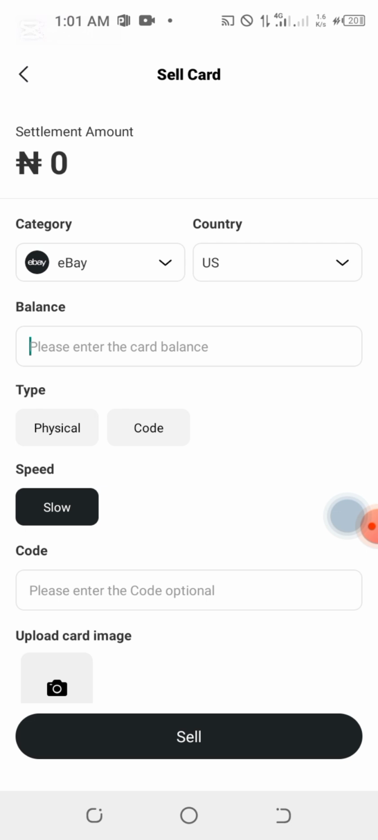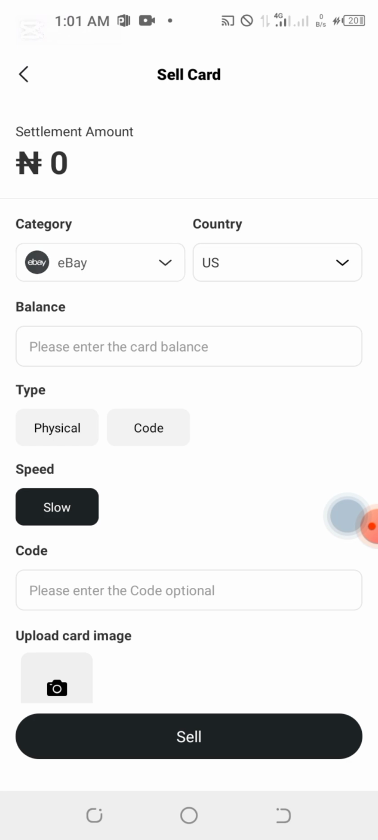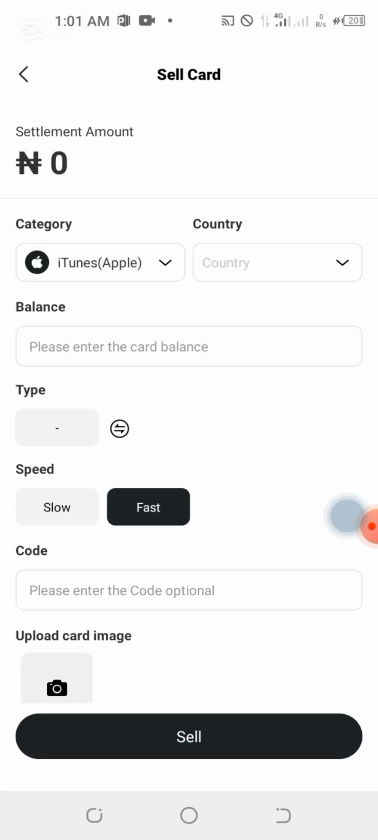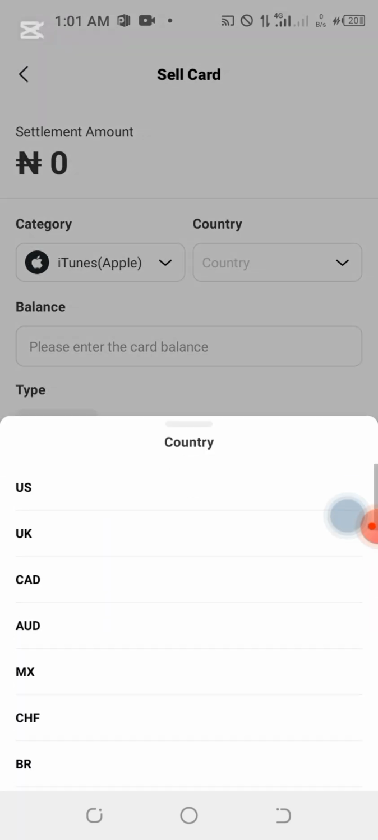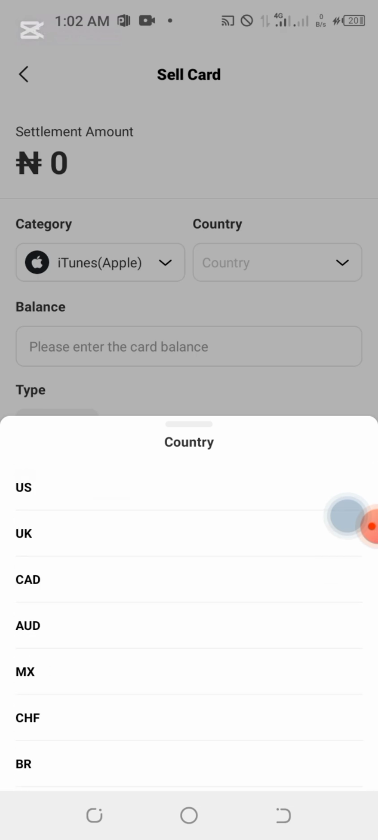If it is a gift card that's available in all different countries, it's going to give you this option to select the country of that card. Do you understand? Like Apple, for example. Let's use Apple for example. You can see Apple gives us the option to select the country of this Apple card. Do you understand? If it is a UK card, Canada, Australian, Japan, you select the country, or let's use US as